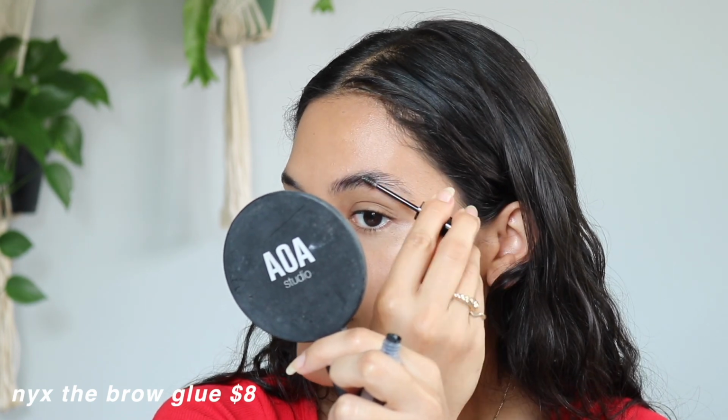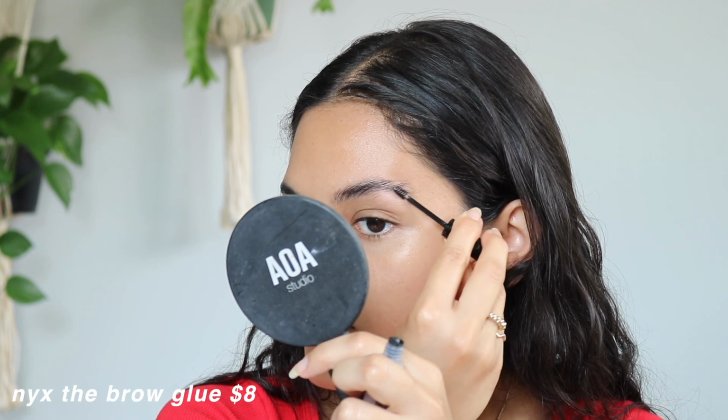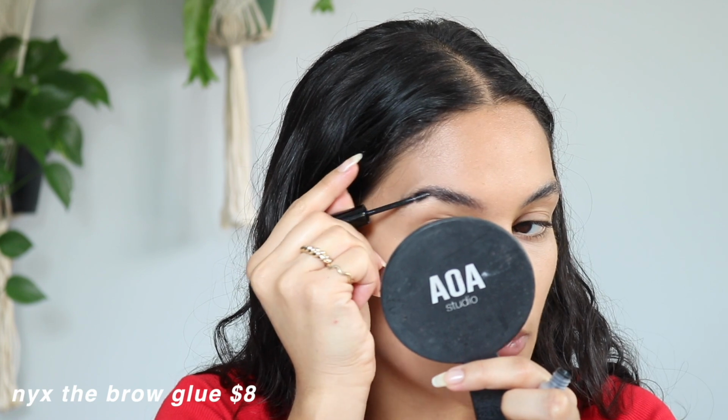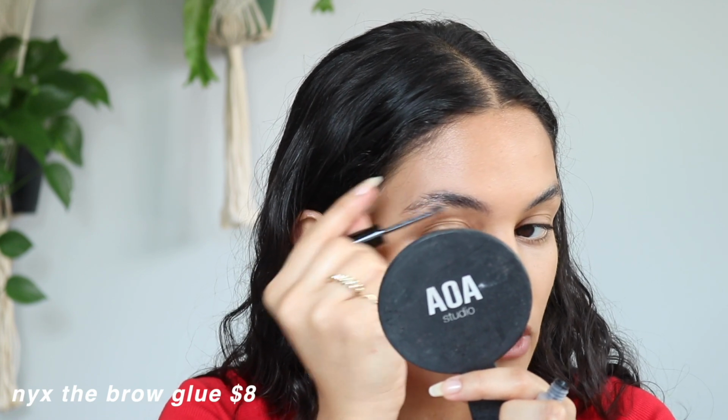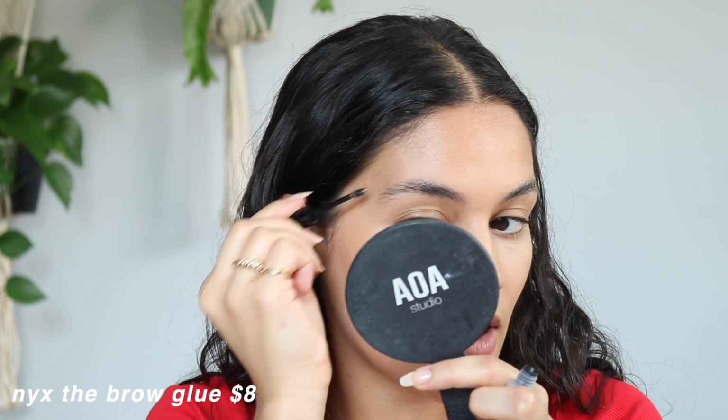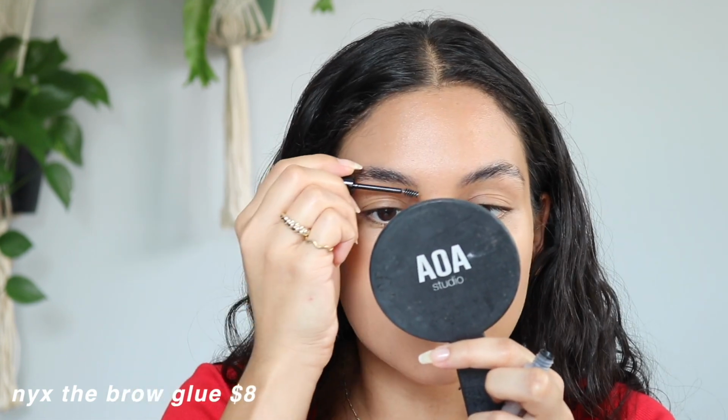and I am going to let it sit and dry just a little bit before I go in with the color. I would say that this brow glue is pretty comparable to the Anastasia Brow Freeze, and I like that it already comes with a brush, so you don't need to buy or have any extra tools. So now that I have the brow glue on, I'm just going to let that sit, marinate,